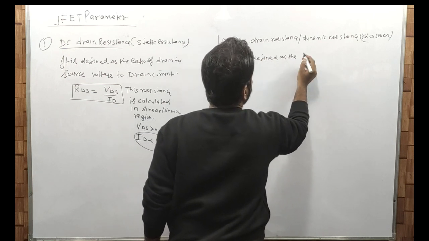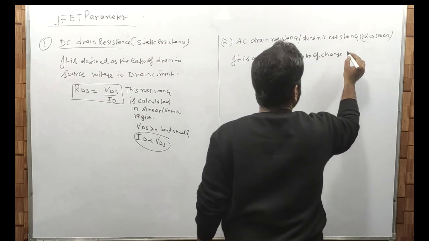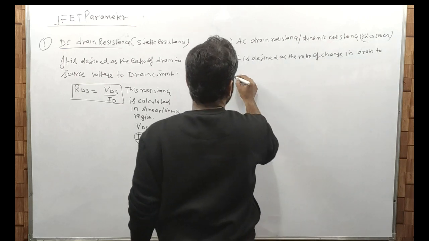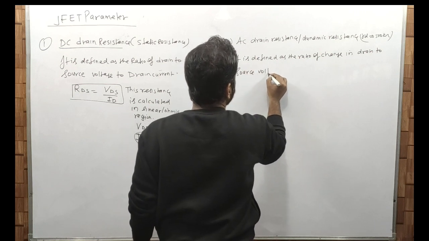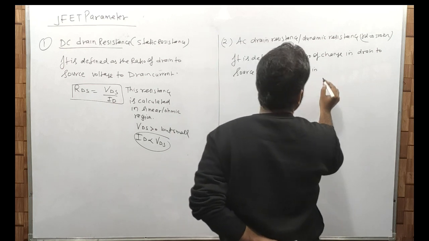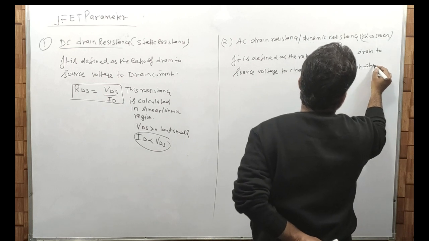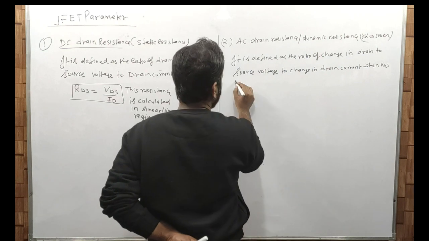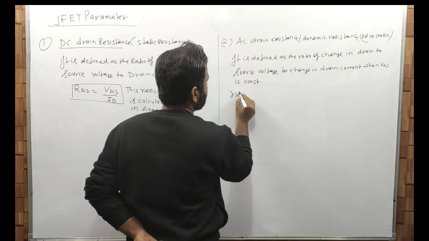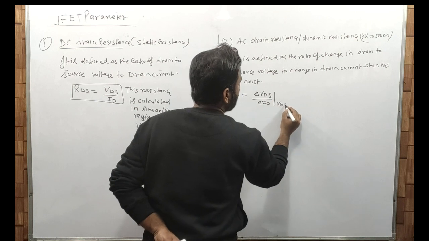as the ratio of change in drain to source voltage to change in drain current when VGS is constant, clear है यहाँ तक। So this RD is equal to change in VDS upon change in ID when VGS is constant।